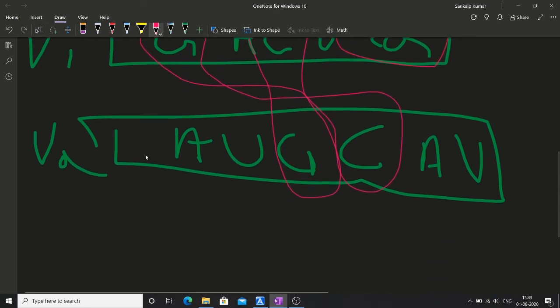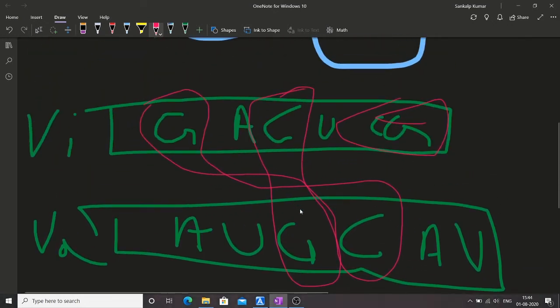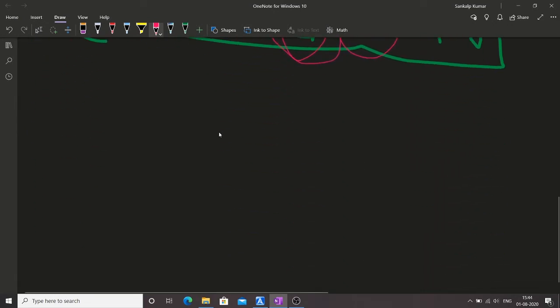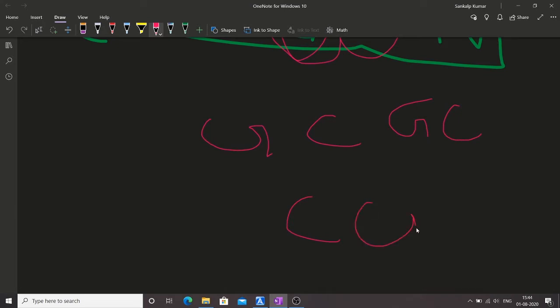But no, this is not how we are going to make pairs. This question is based on the fact that this C will also react with this G. Suppose this is the virus and this is the vaccine.